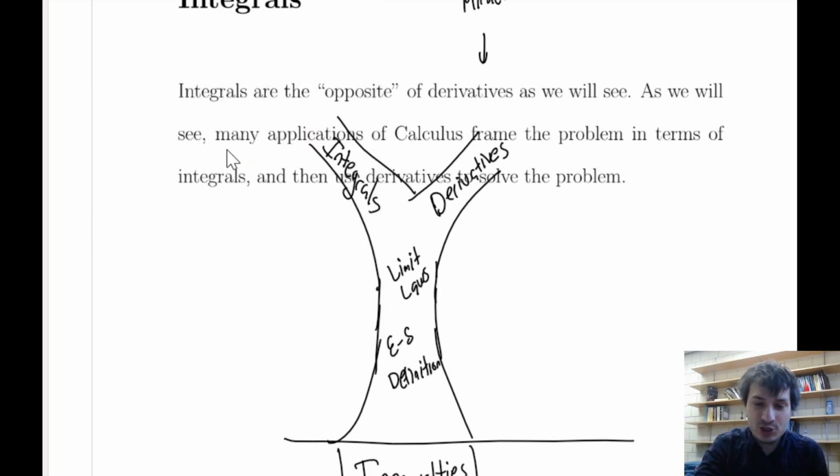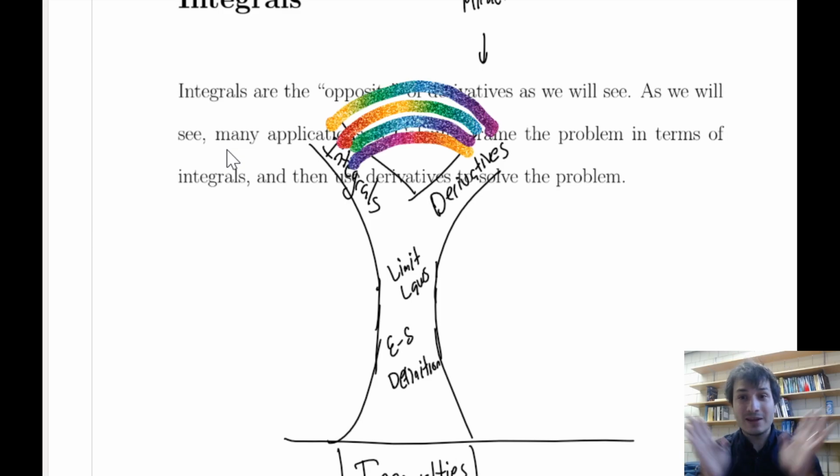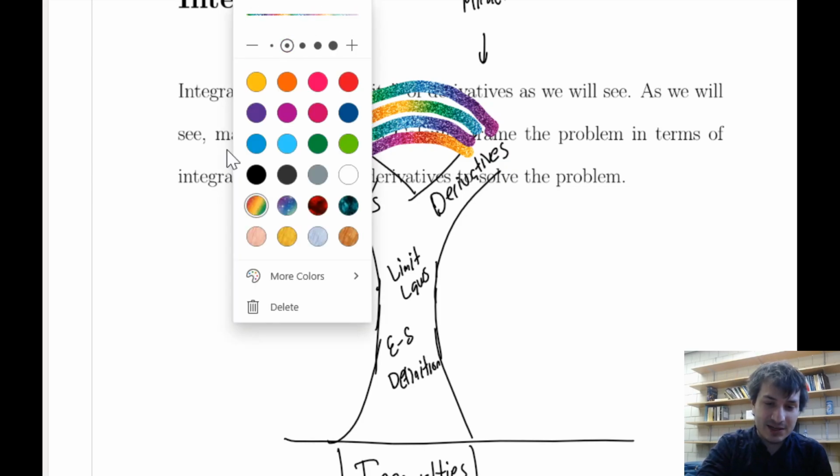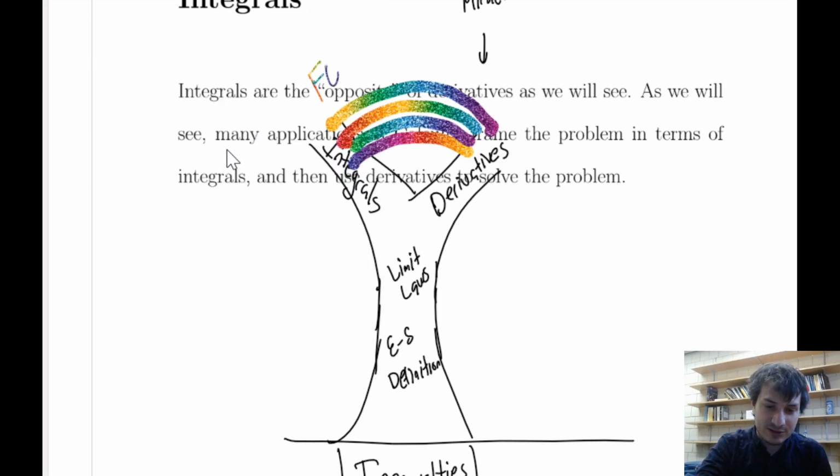And there is a bridge that connects integrals and derivatives. So they look like they're two separate branches. When we do the definition, they're going to be two separate things. But there is actually a secret rainbow bridge that connects them. And that secret rainbow bridge is called the fundamental theorem